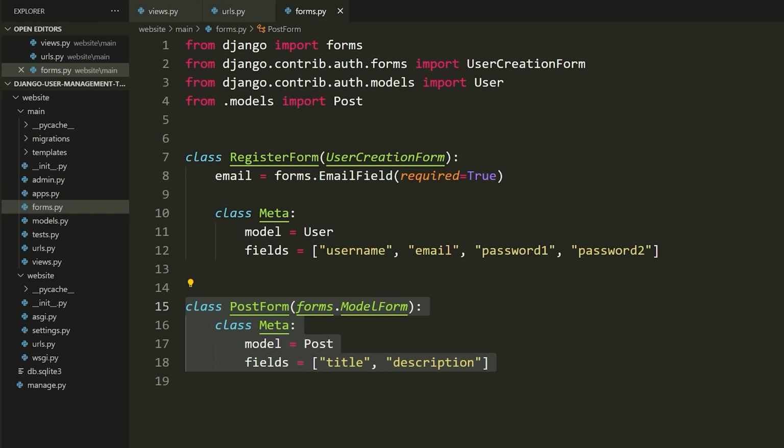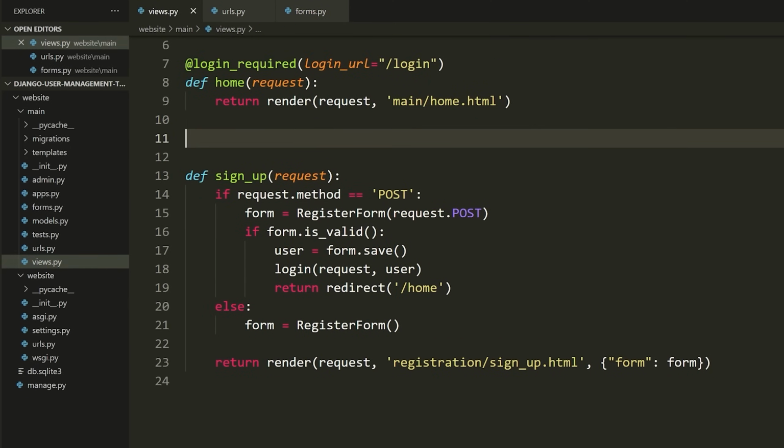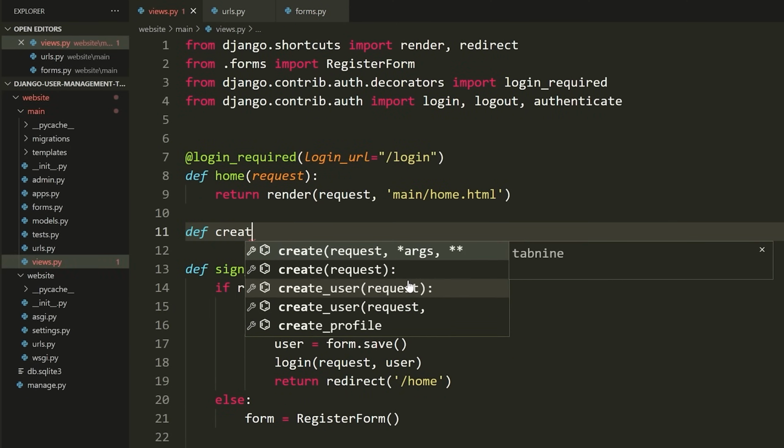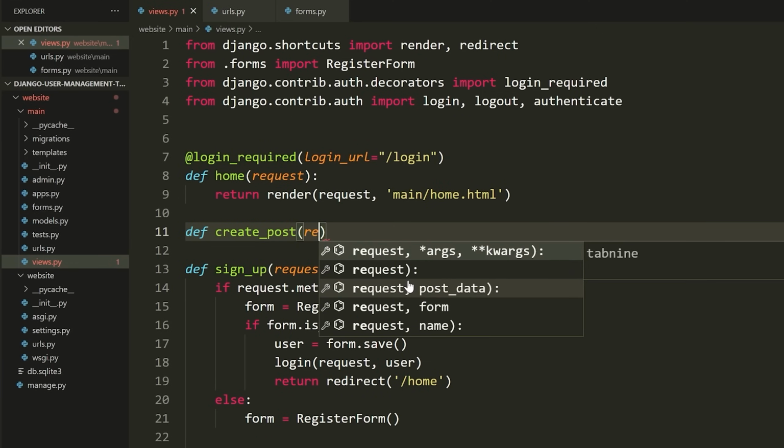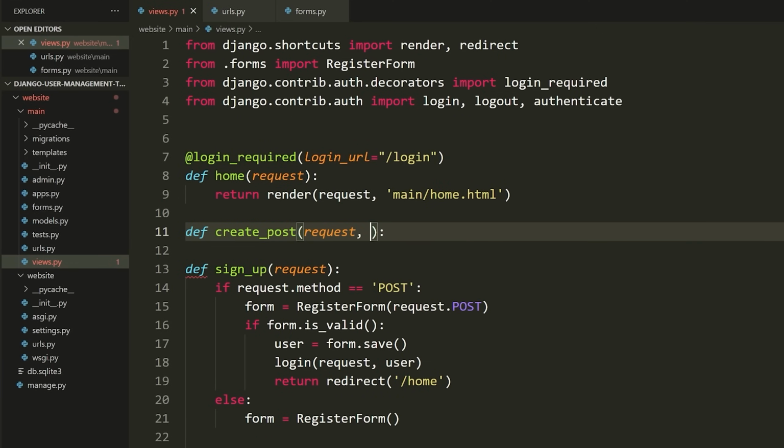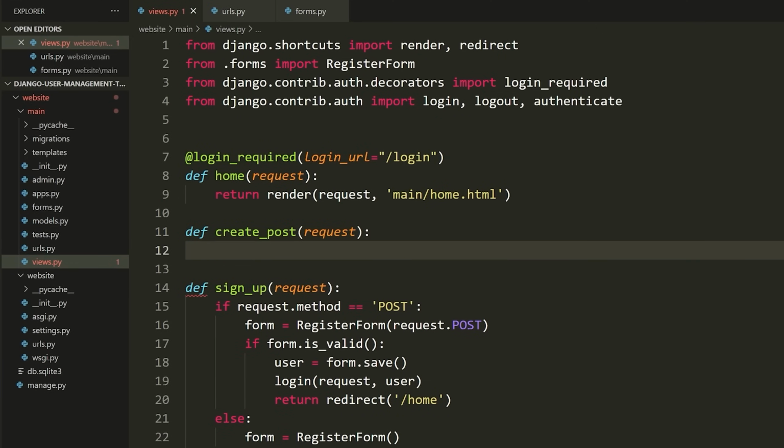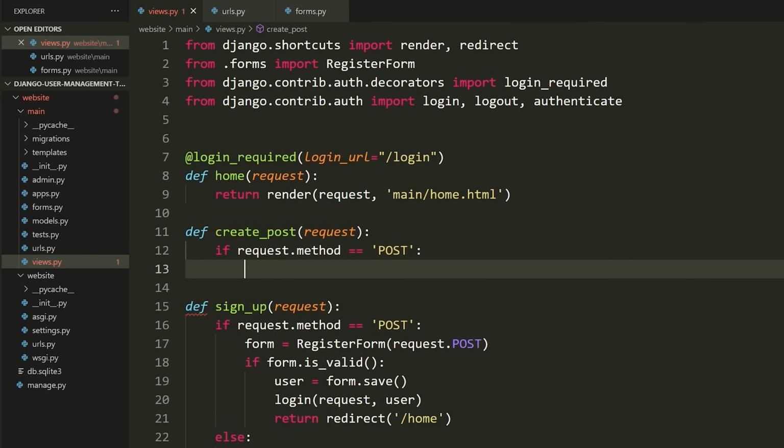So now let's go to views.py, and let's write a view here. We're going to say define create_post. We'll take in request. And then again, we're going to have a form here on this create post HTML. So we could have the potential method of post being sent to this route. So we have post or we have get, right? So we're going to say if, and this will be request.method is equal to post, then we're going to say